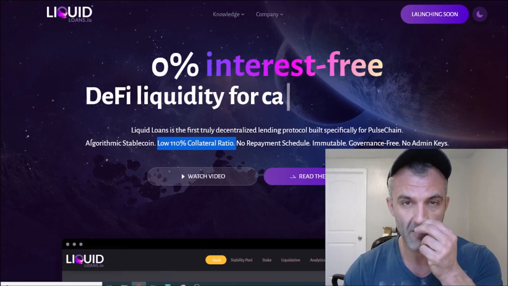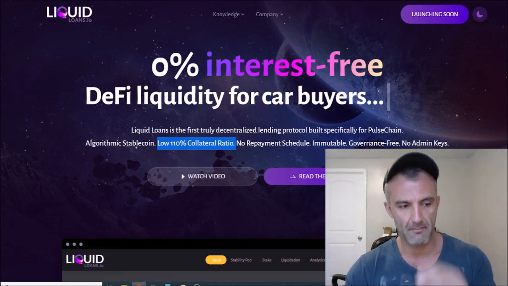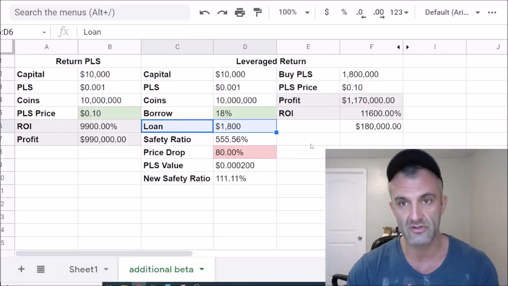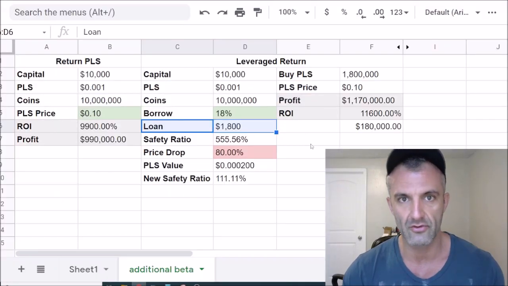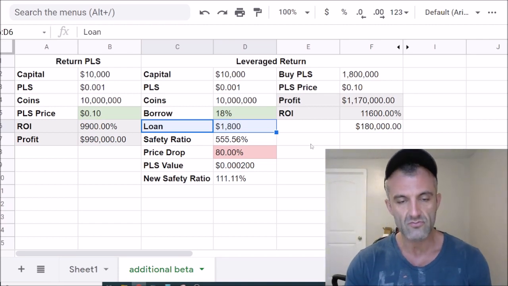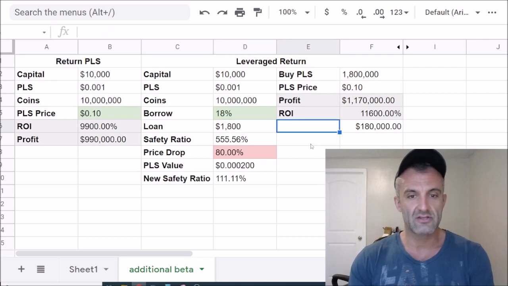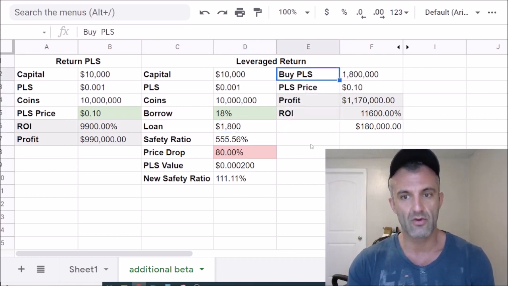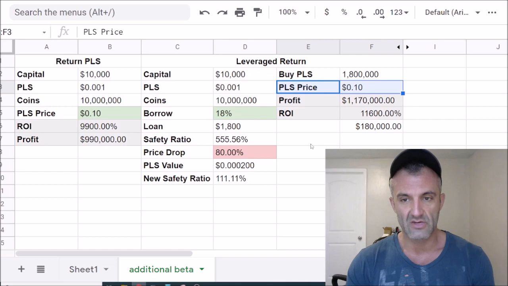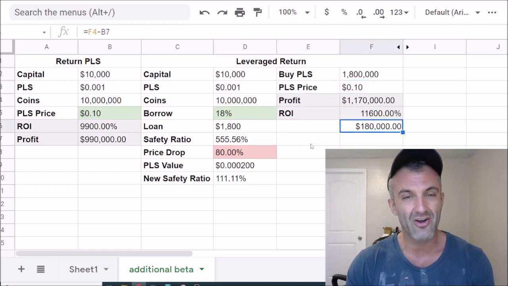Yes, there's a little fee. There's normally 0.5% to draw this out. So there is going to be a little bit of a cost to this, but not a regular ongoing cost. There's just going to be an initial cost. So this $1,800 that we borrow allows us to get 1.8 million additional shares. The price goes to 10 cents versus what we had it at, I think it was 1 cent. That's going to generate another